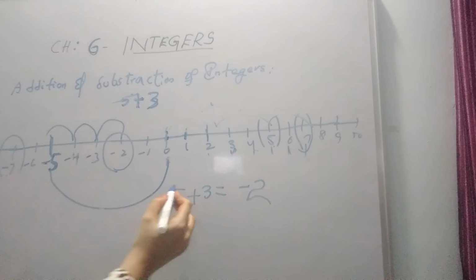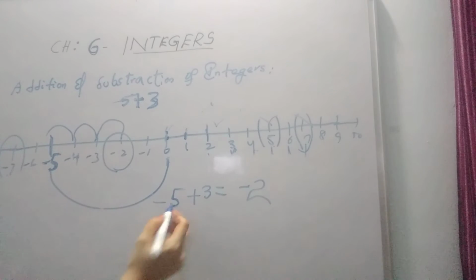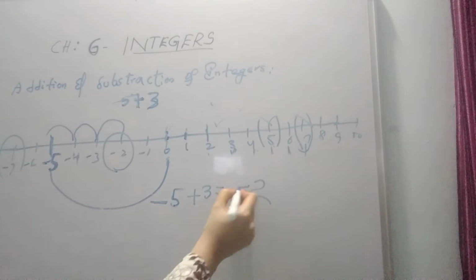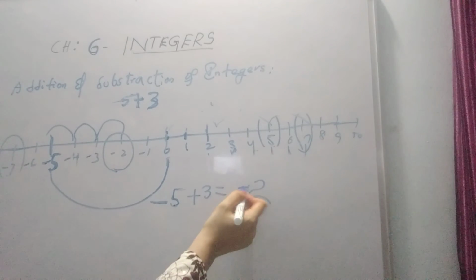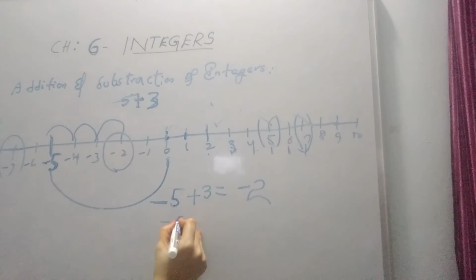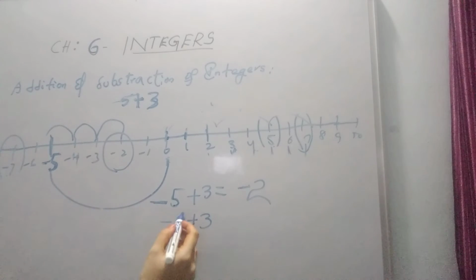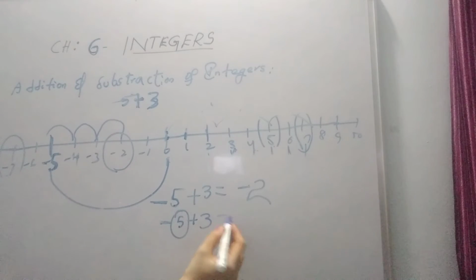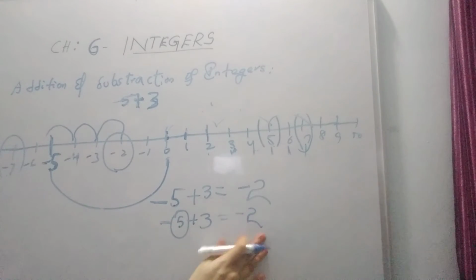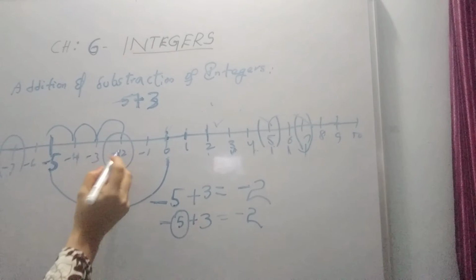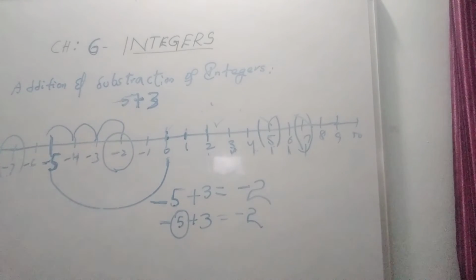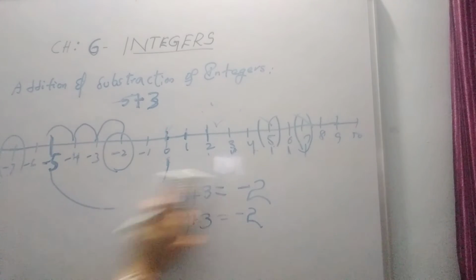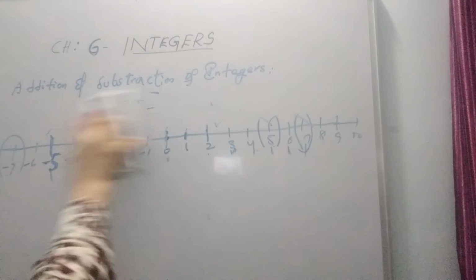That is because here 5 is a big number. Big number has negative symbol. So we have to put negative symbol here. Why do we have to put minus 2 here? Because minus 5 plus 3, that means 5 is the bigger number. Bigger number has negative symbol. So we have to put minus 2 only. Here also minus 2 only comes. So our answer is exactly right. Minus 5 plus 3 equal to minus 2. Okay. Let's do another example.